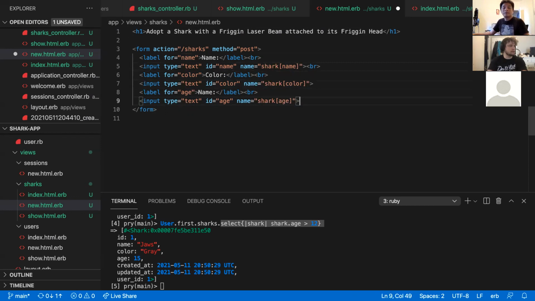Label for age, input name. So this name is just the name of the input, right? I'm talking about the label. Oh, yep, you're right. Cool. And the last thing we want to do: input type equals submit, value equals